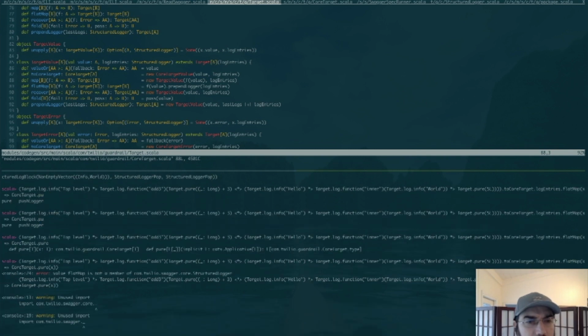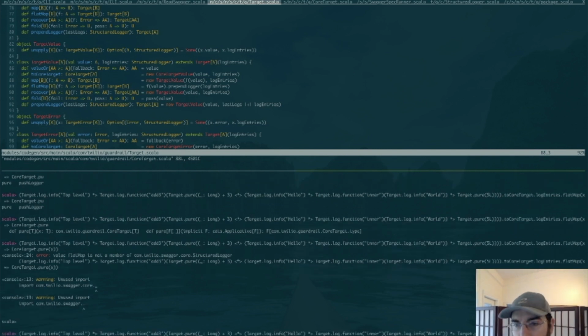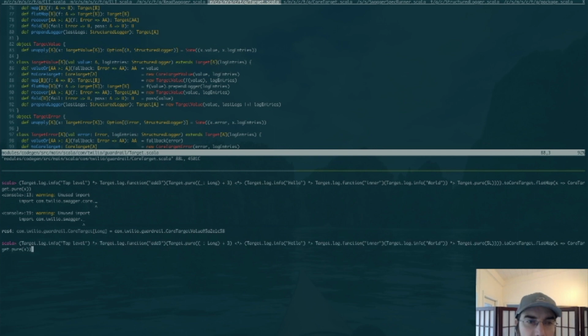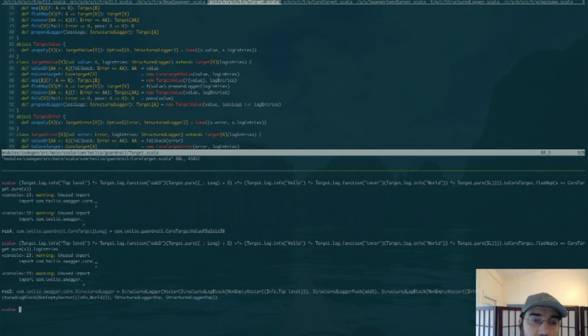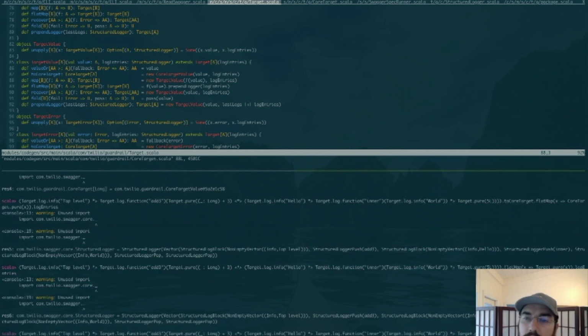There. FlatMap is not a member of StructuredLogger, and it should be import implicits. All of those things. Oh, it's not a member of StructuredLogger. So it's a member of that dot log entries. So preserved. That's good. This should also be preserved. It is. What we can do as well is